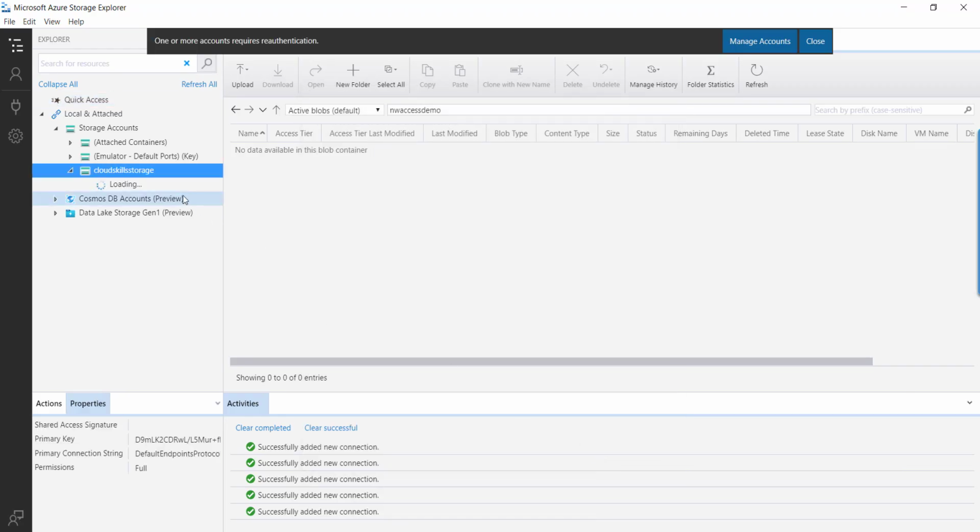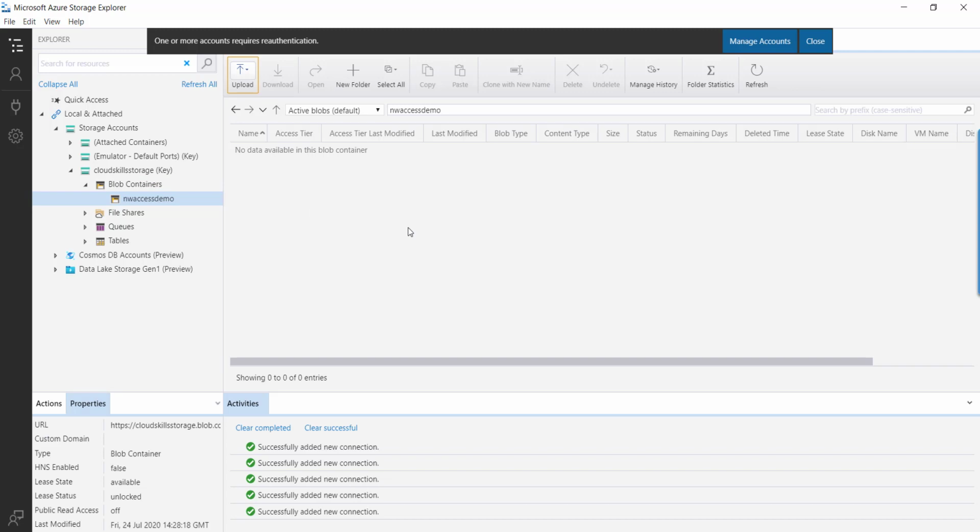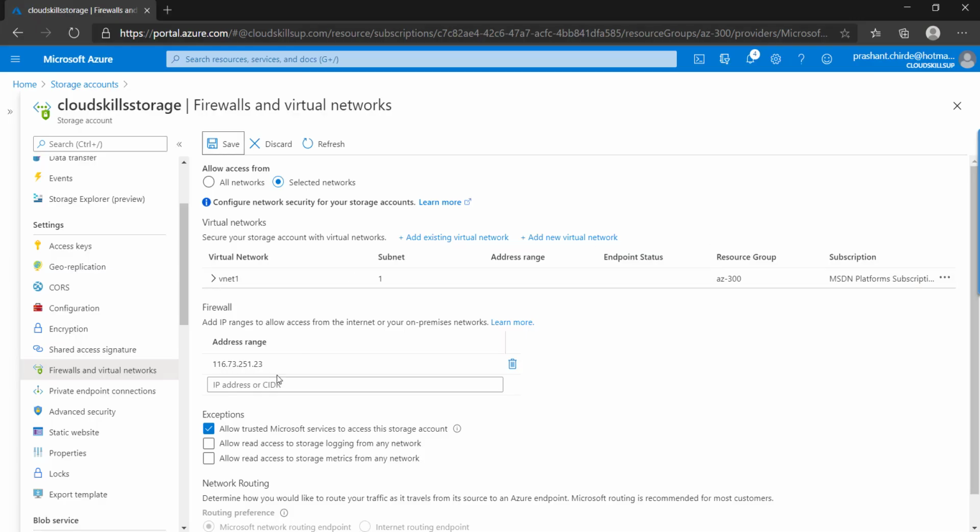Let's see whether we are able to connect now. I hope this time we will not get any error, because we have modified our policy. Yes, now we are able to access the storage account. Once you're done with your work, move to your portal and remove this IP address, so that we can revert back to the company standard policy.